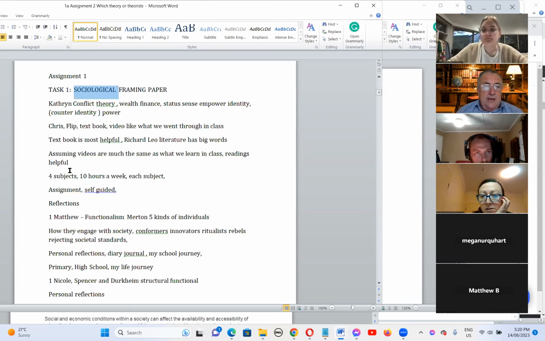And I notice that Catherine is looking at conflict theory, in which things don't always go well. Different people have different amounts of wealth and status, and different identity or counter-identity if they don't fit in, so they can take up becoming wild-minded, criminally minded, or whatever they see as the counter-identity that helps them out if they don't fit in with different distributions of power.